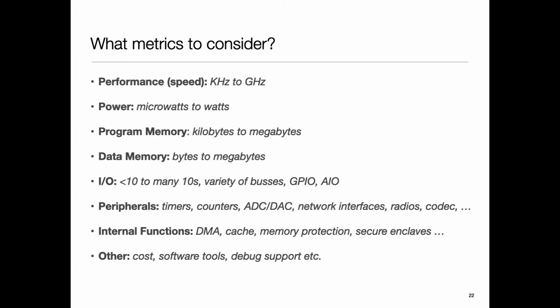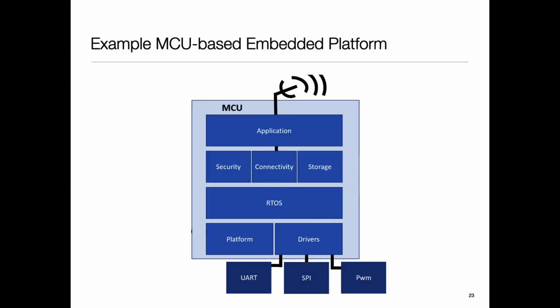They have tons of I/O. A normal microprocessor will give you an address and data bus, and then you hook things up externally. Whereas here, there are all sorts of specialized I/Os that exist, including analog as well. Peripherals, all sorts of timers, counters, a variety of internal things. And of course, the whole ecosystem of tools is very important. The way you develop software for microcontrollers is not quite the same as the way you develop for your laptops and servers. So those are all considerations.